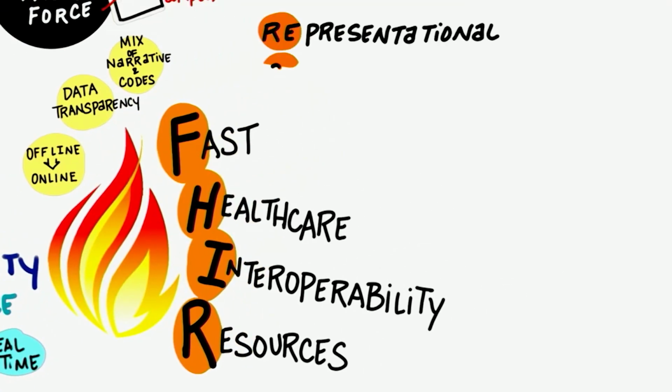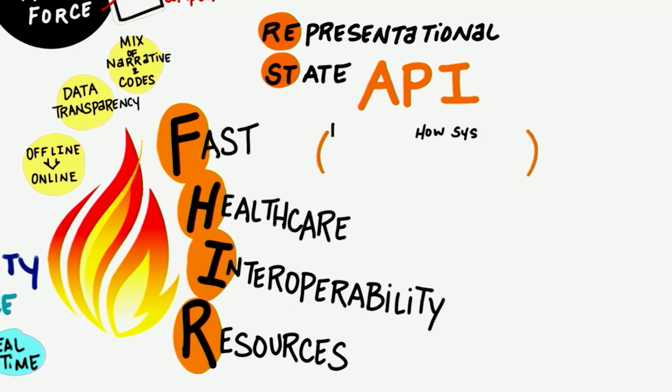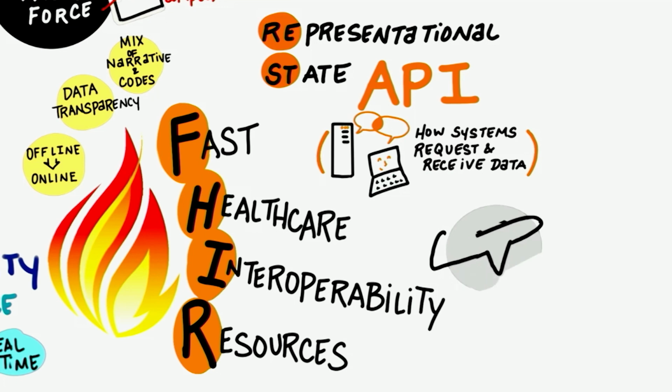So to explain what FHIR is, in its essence it's a REST API, a representational state transfer API. That's the basis of everything we do on the internet every day, Google and Twitter and Facebook, but probably the easiest way to explain it is travel websites. And if you go to your travel website, whichever one you like, and you put in that you want to